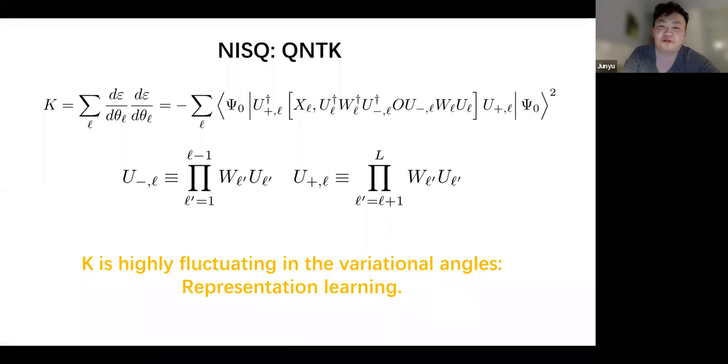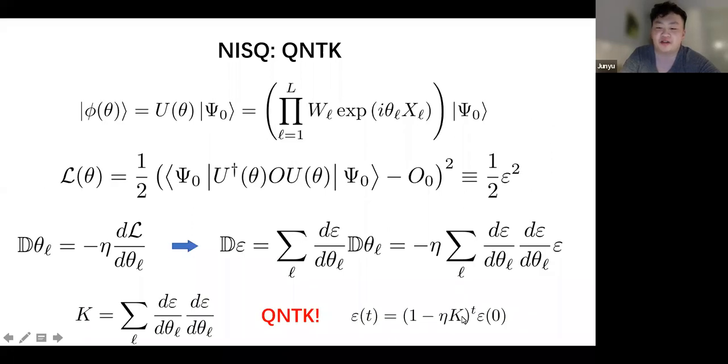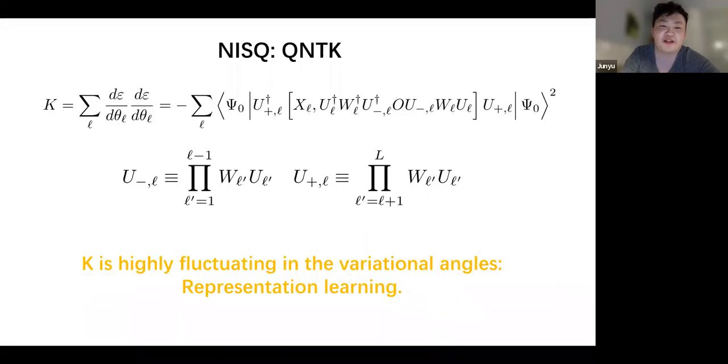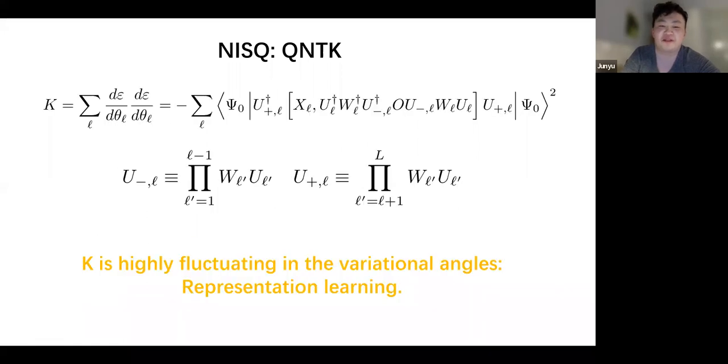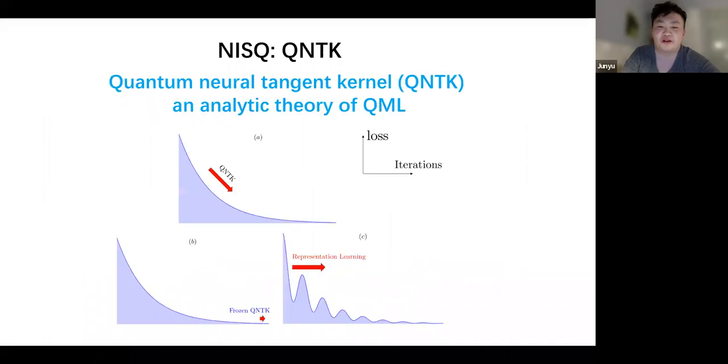However, what we could do is start from some limits where K is an approximate constant, and then try to approximate the solution, using perturbation theory and expanding order by order around the regime where K is a constant, in order to solve the full gradient descent dynamics. So that is basically the point of part of my talk today, where we call it an analytic theory of quantum machine learning, which is similar to perturbation theory in